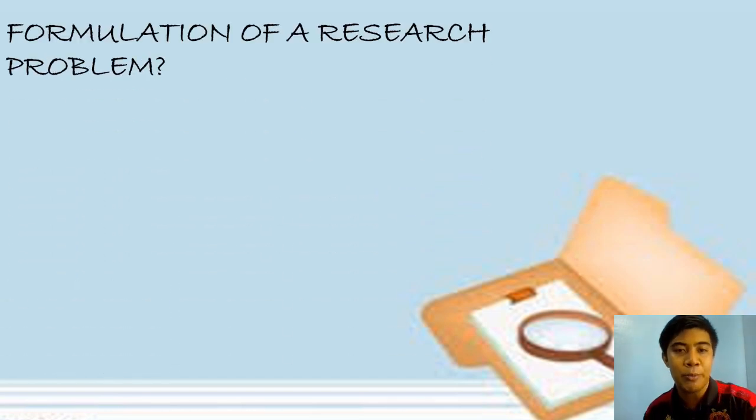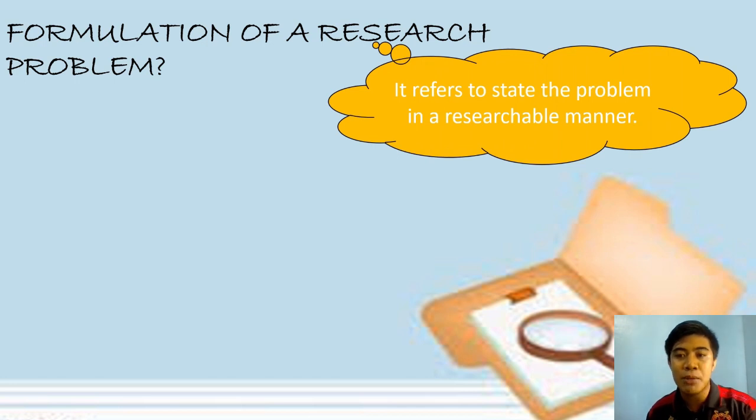So now, how do we formulate our research problem? A research problem should be stated in a researchable manner. The very first step in the research process is making or formulating our research problem. This research problem will necessarily guide us throughout the process of the entire research work. Further, research problem will be the basis of your study. If you want to solve a problem, you must know the problem precisely. That is why it is more important that you can formulate your research problem properly.